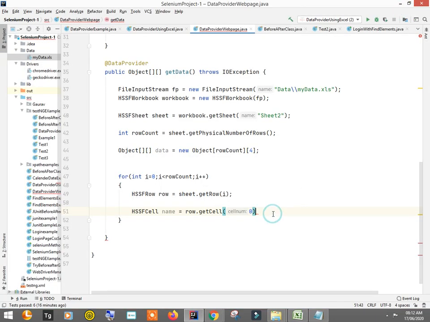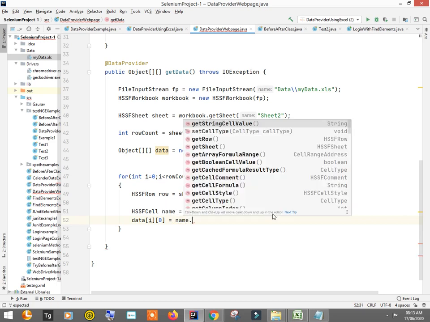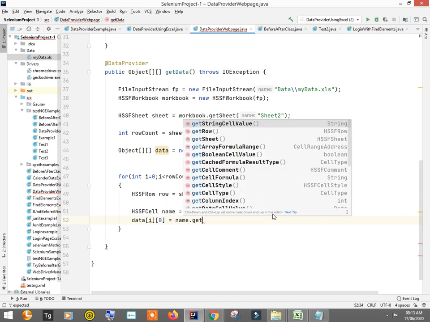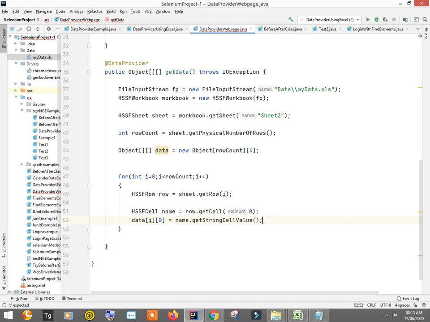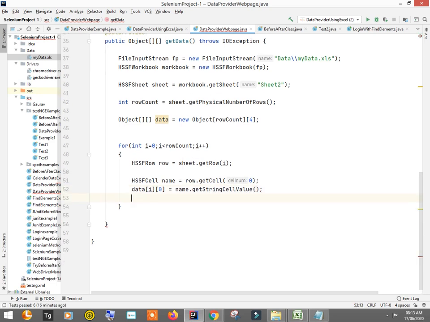So now we need to put it into the data array. data[i][0] is equal to, no sorry, name.getStringCellValue. Okay, so similarly we are going to write the same thing for the other columns.